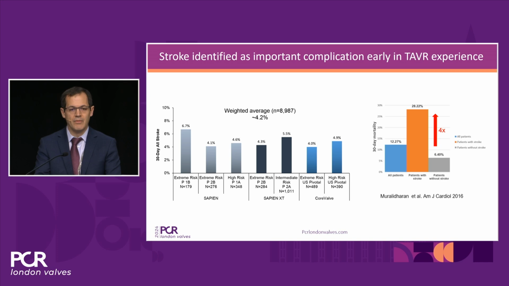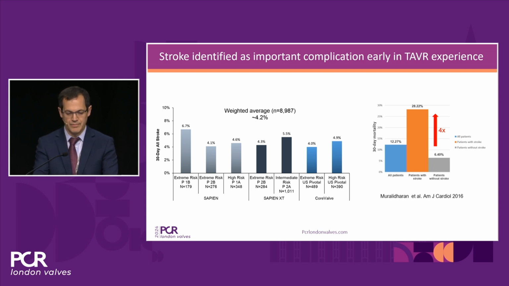I wanted to begin then with just a brief discussion of stroke in TAVR. Stroke was identified, as you know, as an important complication very early on in our TAVR experience, with an average of about 4% incidence in the early pivotal trials. And we learned even then that stroke was also associated with substantial adverse morbidity and even mortality after